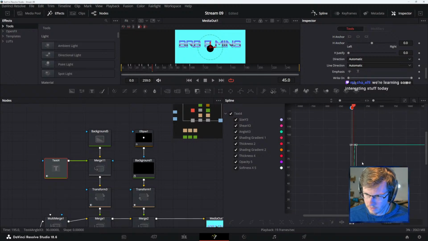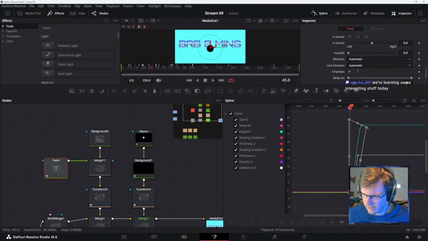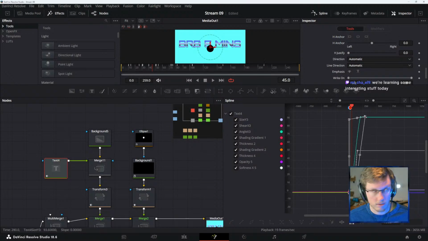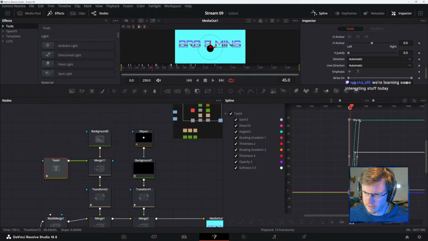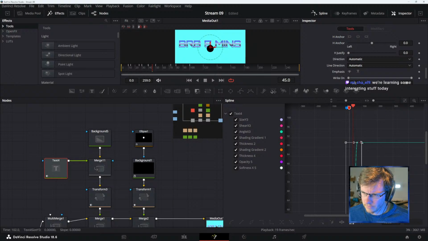Oh. But it's like a spline editor. Or like a B-spline type thing. Like skewing it. I thought it was like, you know, a box. I guess you have to.